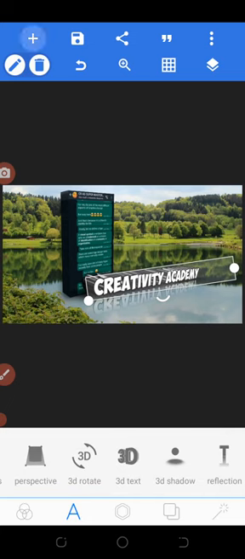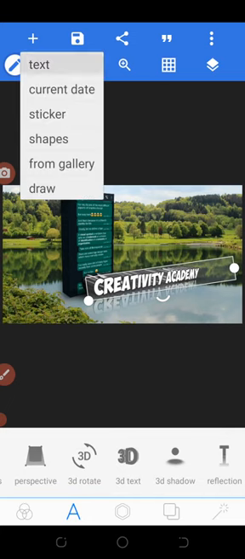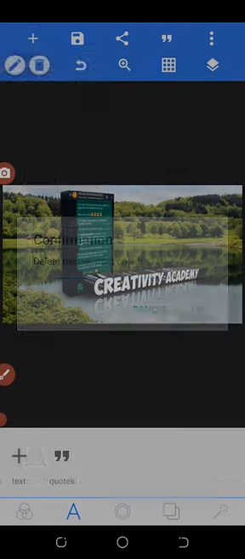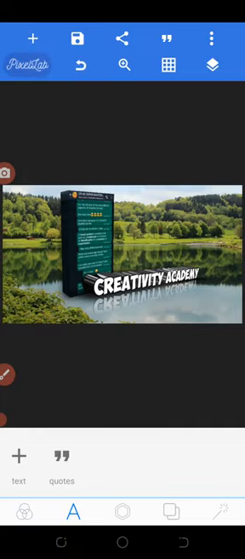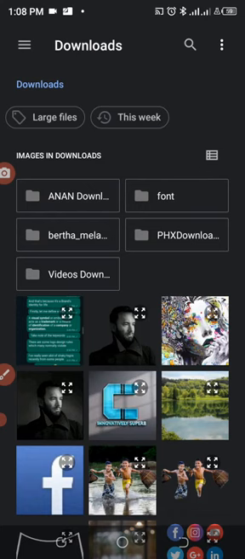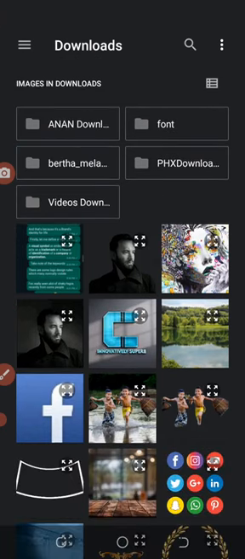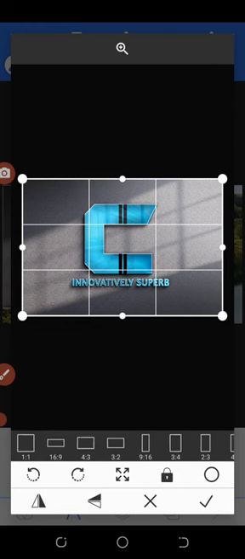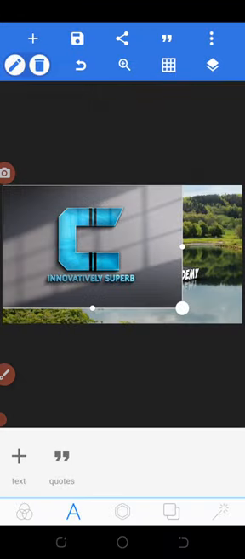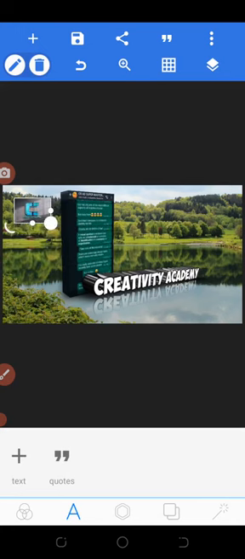Now I want to add in another image. I want to bring in an image from gallery. Yeah, this is the image I want to bring in. Okay, let me adjust this image. Let me adjust it. Okay, let's see what we have now. The next thing to do after that is to